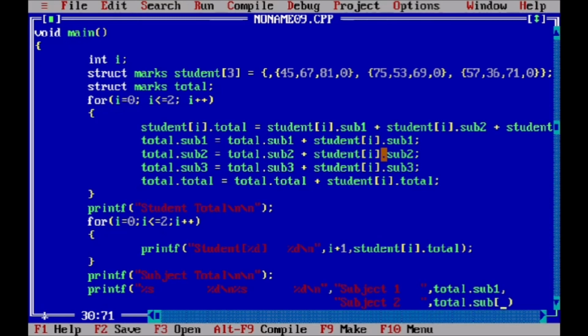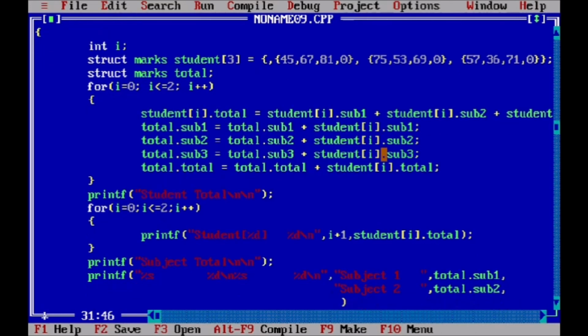You can take any variable name. It is not compulsory that you keep total and keep the same example. You do not have to do the total of subject marks. You can simply do the total marks of student number 1, student number 2, and student number 3, and the summation of those marks.